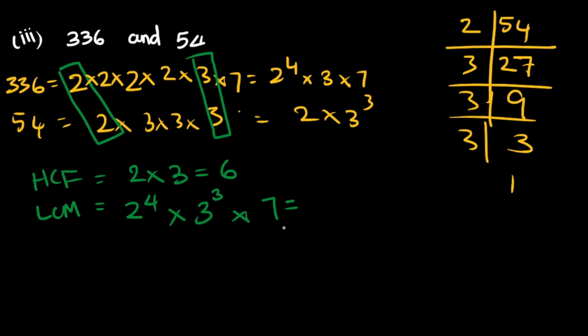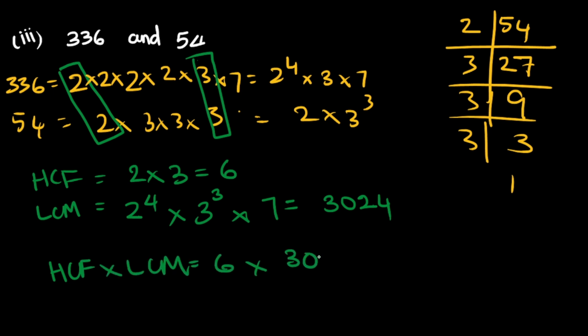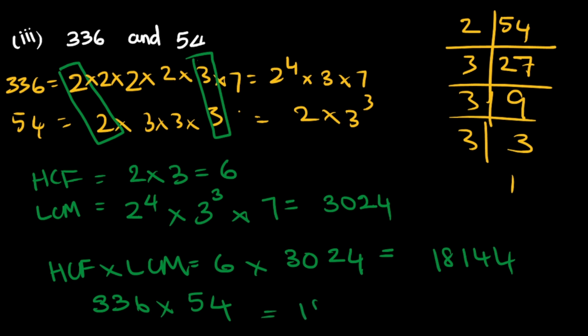So when you multiply and see, what will you get? 3024. And HCF into LCM, when you multiply and see, you'll have 6 into 3024. When you multiply the products, that is 336 into 54, right? Same only, you will get